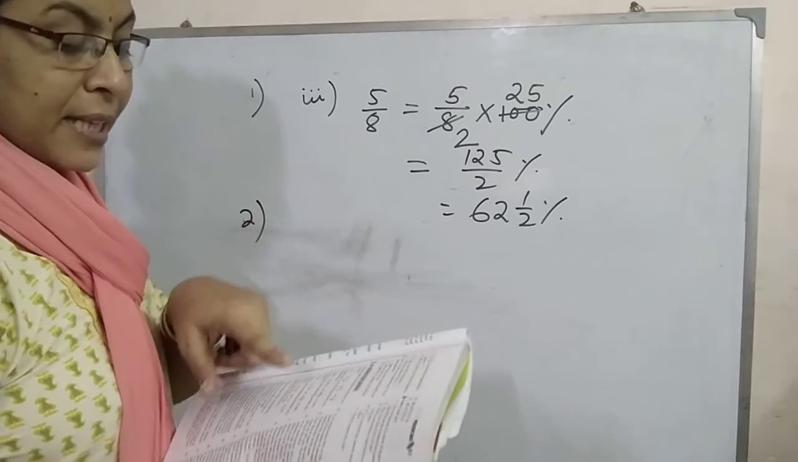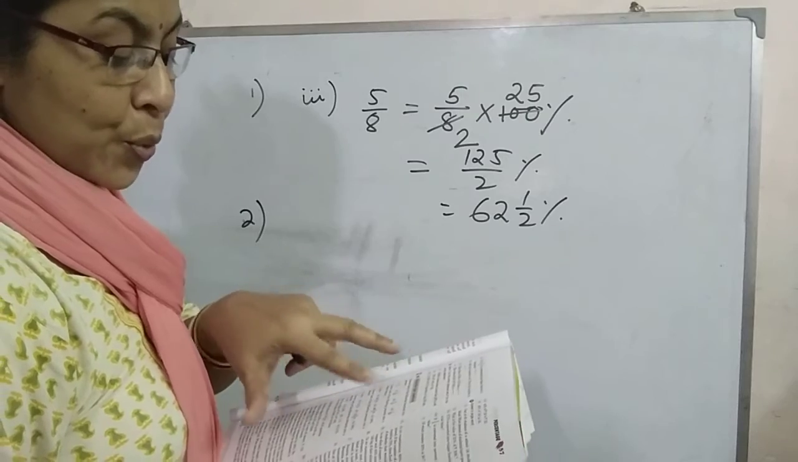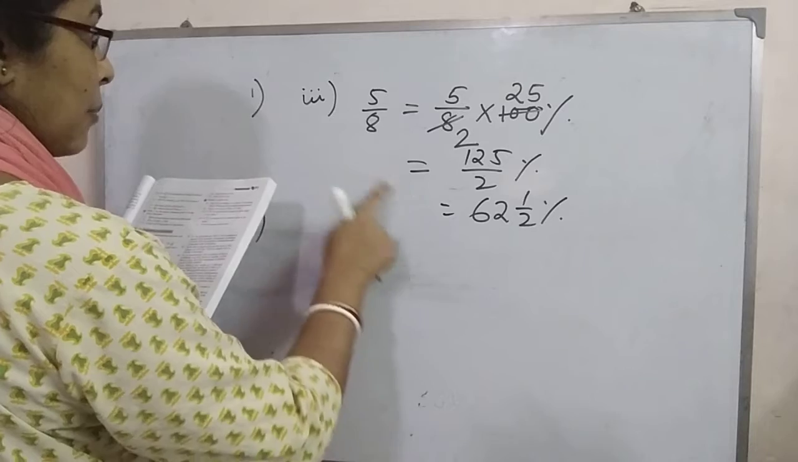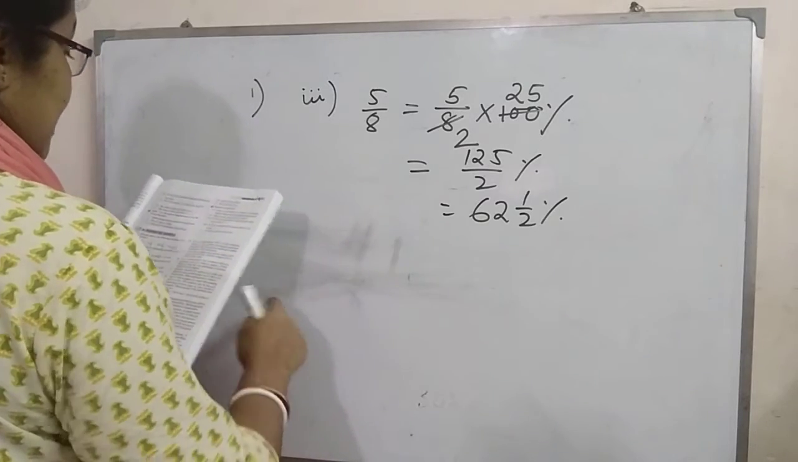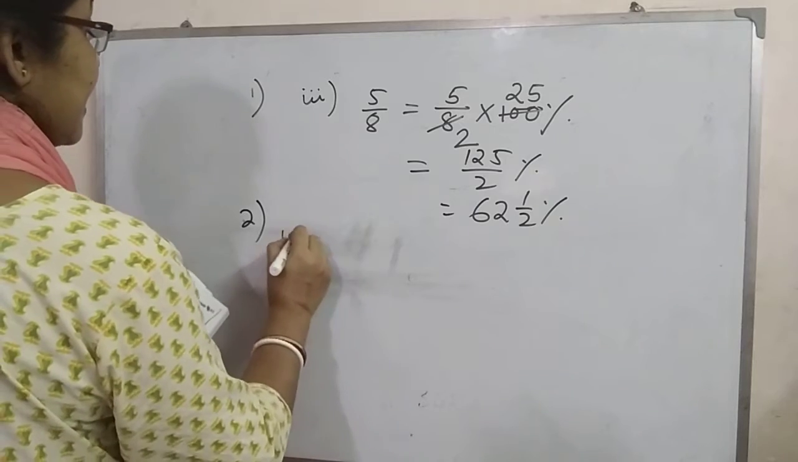You will do the remaining sums. That means 1, 1, 1, 1, 3, 1, 2 and 1, 4. I am doing sum number 3. And sum number 2, I will do sum number 3. That means